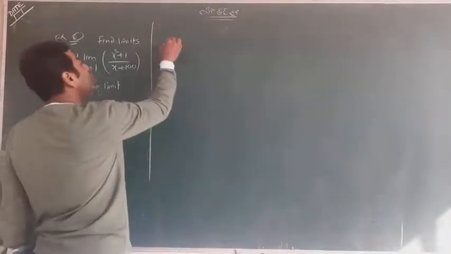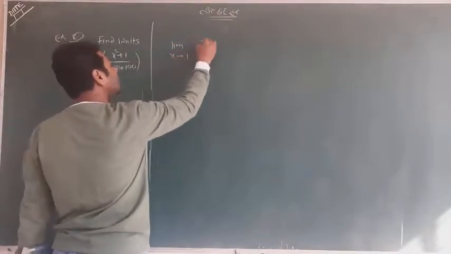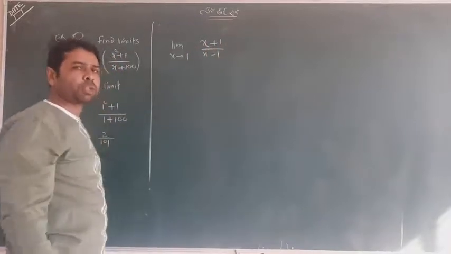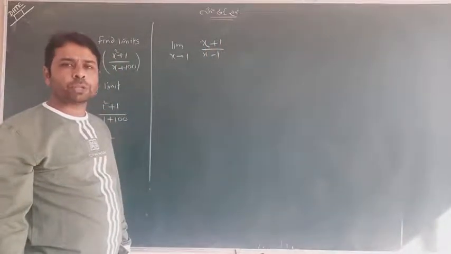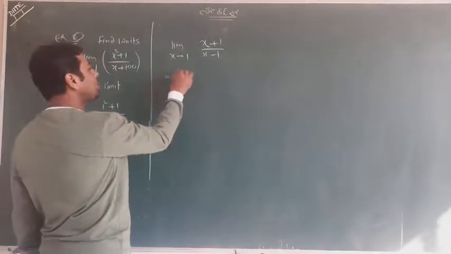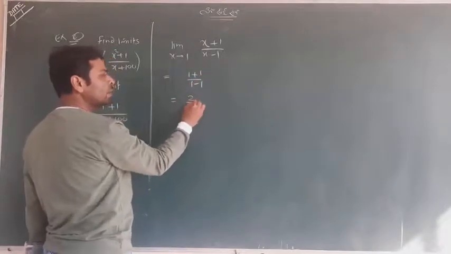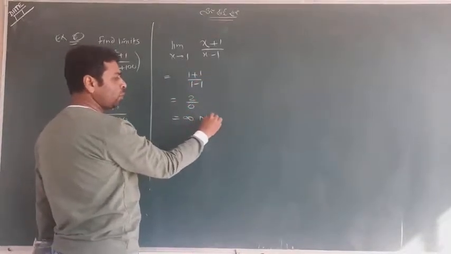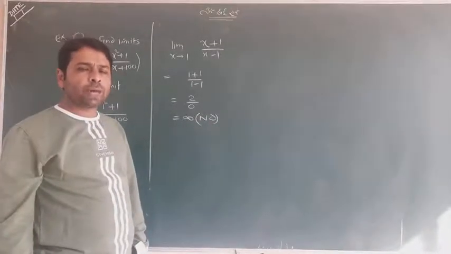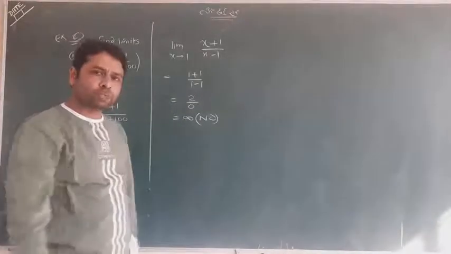But I tell you some more things which are actually very important. Again I am giving one illustration from my side only. Try to understand this thing. Suppose your question is x plus 1 upon x minus 1. Suppose this is the question, and if I tell you to put the value x tends to 1, you will put 1 plus 1 upon 1 minus 1. Not defined.